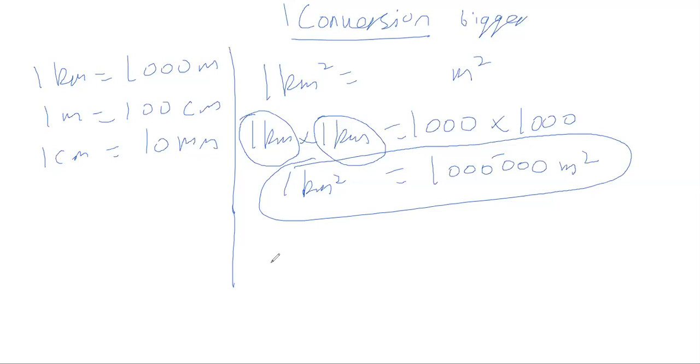Is it clear, Ji? Is it clear? Now everybody tell me the answer for 1 kilometer cube. This is equal to how many meter cube? Always remember, if there is square over here, then there should be square over there. If there is cube over here, then it should be cube there. The power should be the same. Now you need to tell me 1 kilometer cube is equal to how many meter cube? Tell me that.